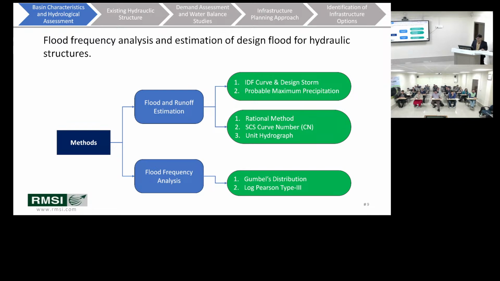longer duration time series data, at least 30 years, and then you estimate the design flow. Design flow is nothing but the input which you will use to design your structure. For example, if you are planning to design a city-level drainage network, then you should have the 2 to 5 year return period data in hand. If planning to design a dam or a culvert, then 50 year or 100 year return